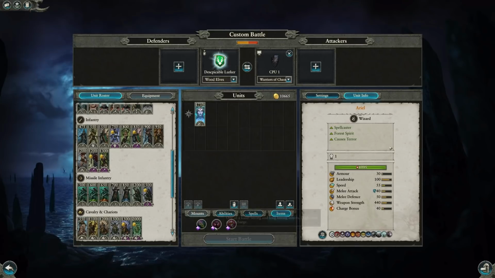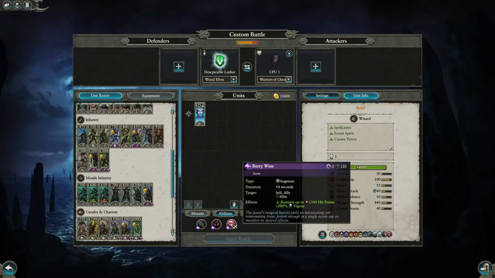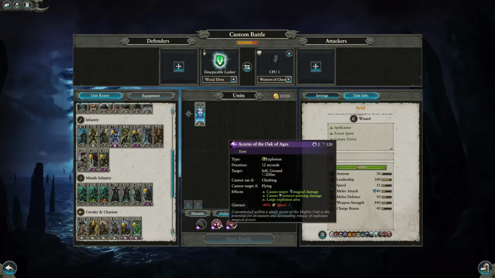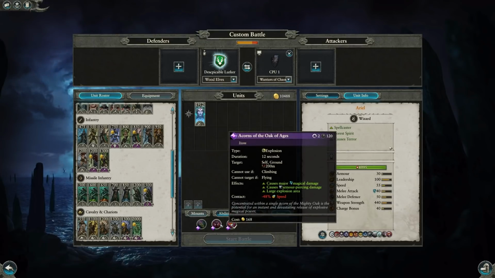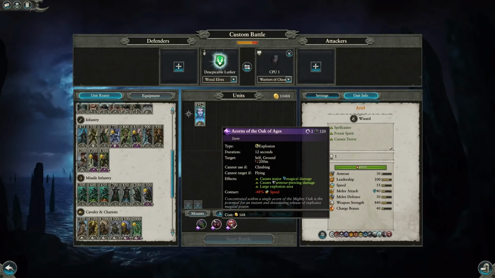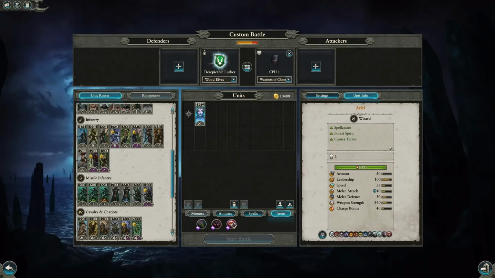They're all pretty expensive. Berry Wine, obviously, it's only a one-time use, but 1,300 hit points for 177 gold. It's definitely well worth it. Absolutely would say the Berry Wine you should always bring. This Acorns of the Oak of Ages, it is pretty expensive for just 2 uses, basically like Awakening of the Wood. It says it causes armor-piercing damage, but it's really not that much damage at the end of the day. It's very comparable to an Overcast Awakening of the Wood, maybe even less. So generally, I would say you can leave this off, but if you have the extra gold, I mean, take it, certainly,